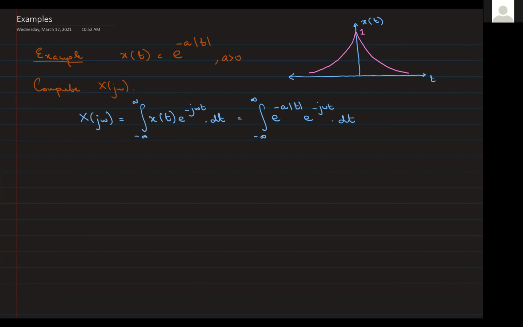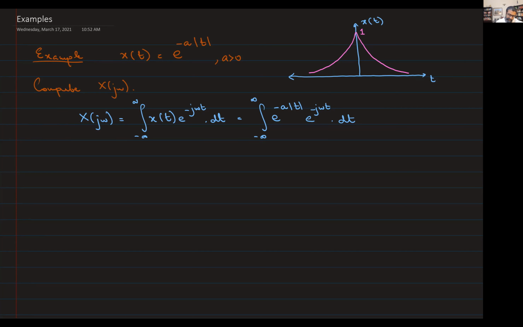Sir, if it's symmetric, then we can take half and double it. Symmetric. Why do you say it's symmetric? Sir, because it's an even function. Right. But if this term were not there, that's when it would have been symmetric. But you have e raised to minus j omega t, which is not a symmetric term, not even. Therefore you cannot split it up and multiply by 2, but you would have to split.